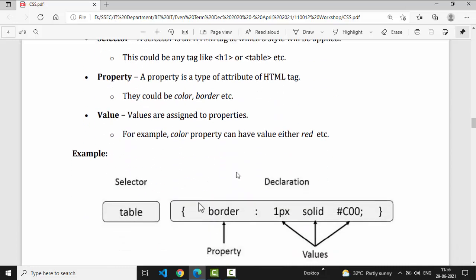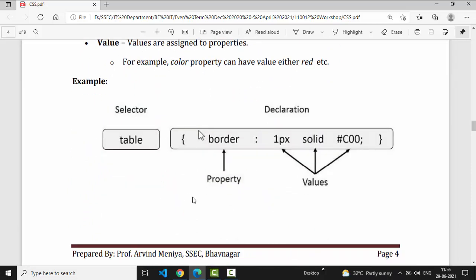Now an example. For the selector, if we want to apply the style to the table tag, as the selector part I have to write table, then an opening curly brace and a closing curly brace. Now the declaration. Border is the name of the property.